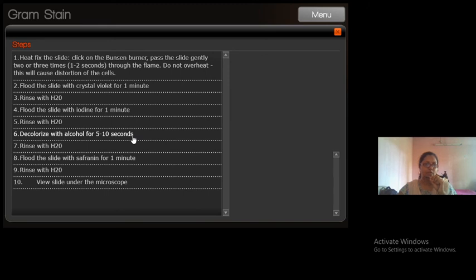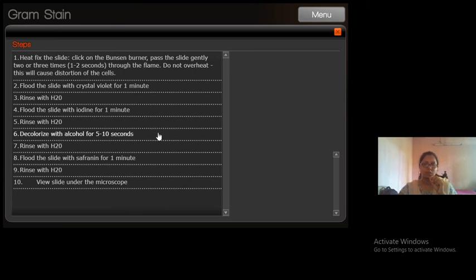Second mistake that you can make with the decolorization step is you can under decolorize. Under decolorization means when you are doing the staining, you don't keep the decolorizer for the time that is asked. So you wash it before the required time. So here what happens is it will not decolorize properly.